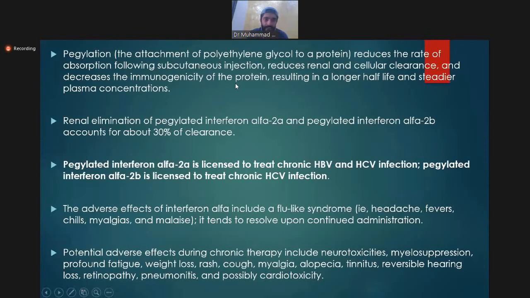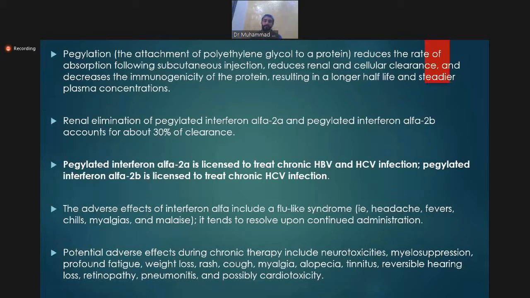Basically, ये सारी चीजें क्या करेंगी? This will increase the life of interferon in the body and it will lead to steadier plasma concentrations. Renal elimination of pegylated interferon alpha 2A and 2B accounts for about 30% of the clearance. Again, 2A is licensed to treat Hep B and Hep C infection, and 2B is licensed to treat chronic hepatitis